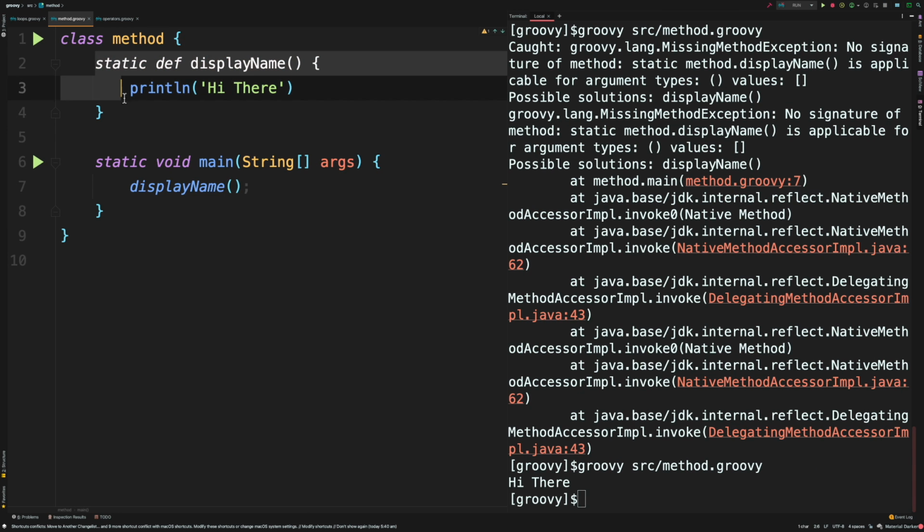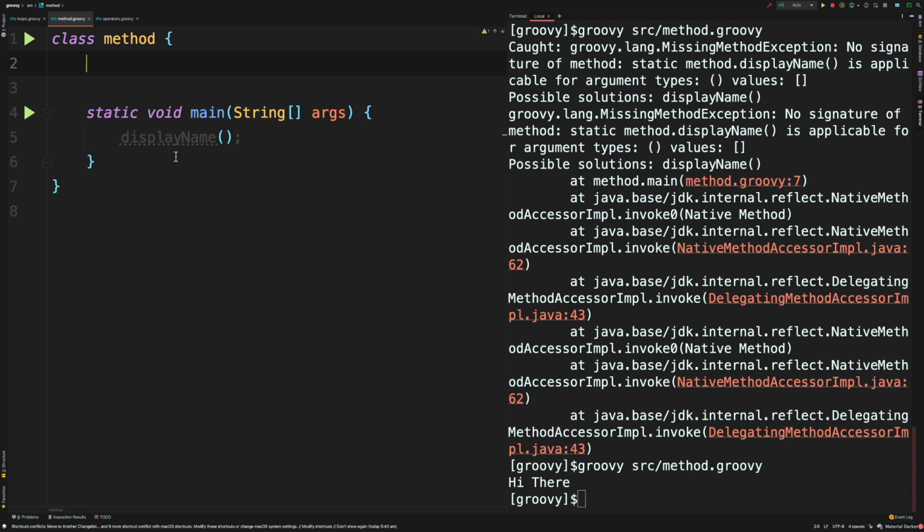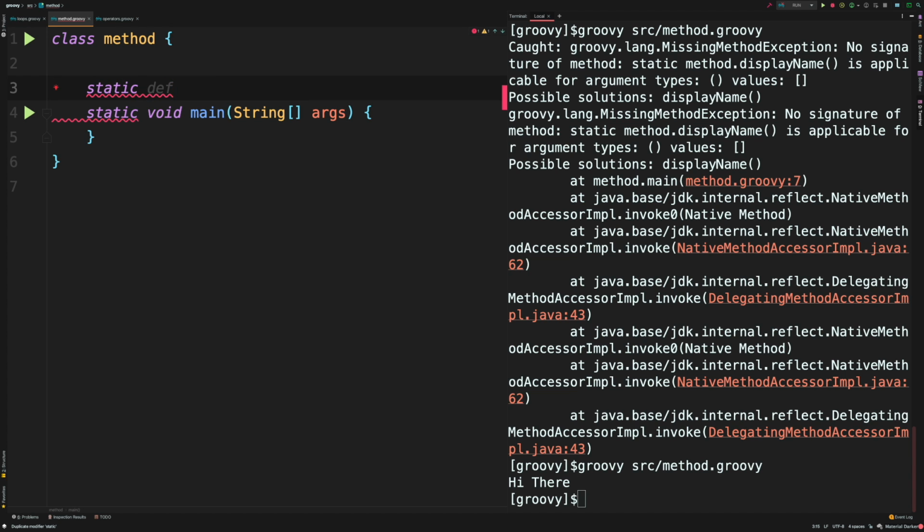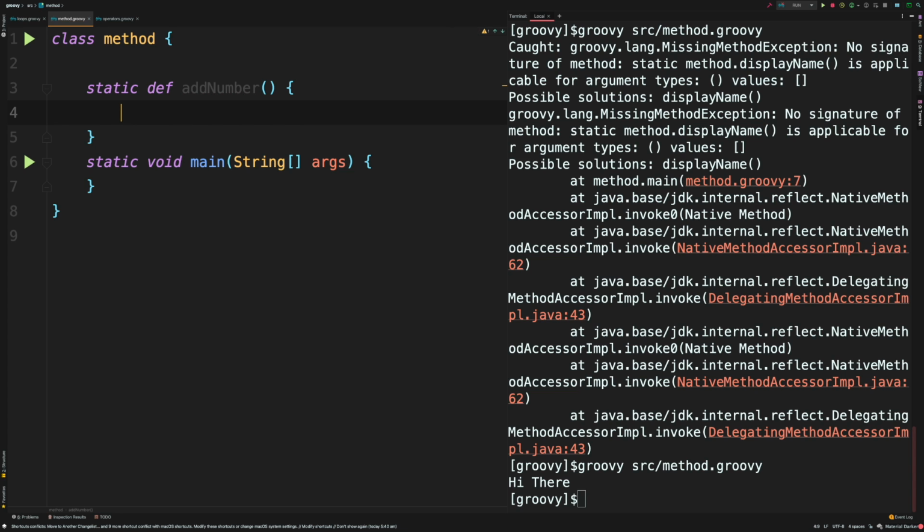I'm going to remove this display name method. We're gonna have to remove that here as well. Now let's create a new method. So we're gonna use a static keyword, def, and we're going to name it add numbers, and that's our code block.